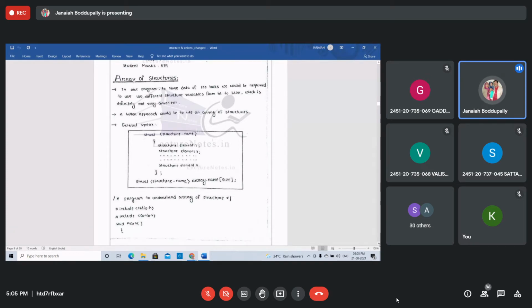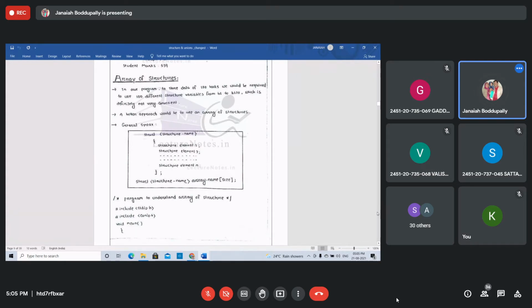100. It's very difficult to declare and define that 100 books information at a time. We need to declare 100 variables. It's very difficult, inconvenient. That's why instead of declaring the 100 books, simply you take the array instead of variable. See this, this is the array name, size. Better would be to use the array of structures. This is array of structures.